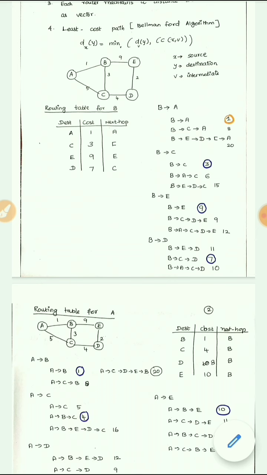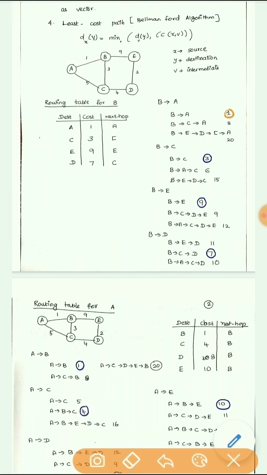The cost of this link AB was 1. So this part, what we have written here, is for B to A. So from B to A, what are all the possible links there will be? From B to A, you have a direct link. The cost will be 1. From B, I can reach the destination A through C also, B, C and A. What is the total cost? From B to C it is 3 and C to A it is 5. So 5 plus 3, the total cost is 8.